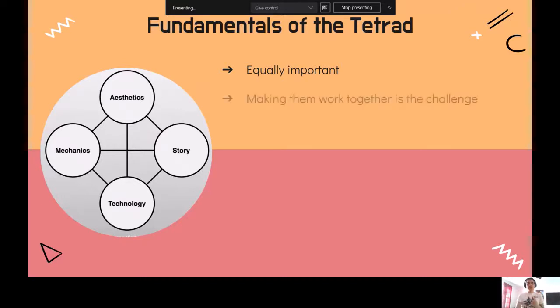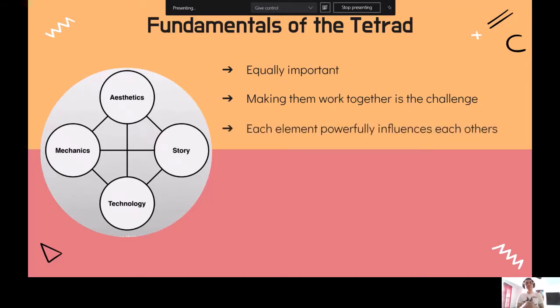The most challenging aspect is actually making them work together. That's one of the biggest challenges of each game designer. And every time that you're trying to balance, that's how we call it in game design, when you're trying to adjust the elements after receiving some feedback from players, you will notice that all of these elements are interconnected. So you as a designer have the goal of trying to balance them in a way that you are not overbalancing to one specific game design fundamental or the other, creating a cohesive